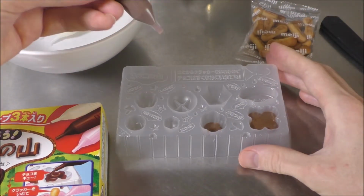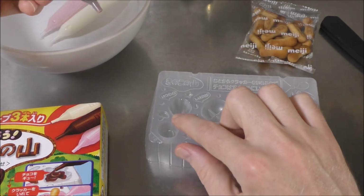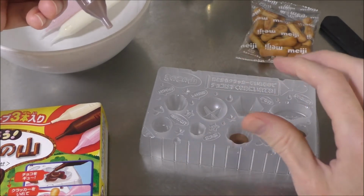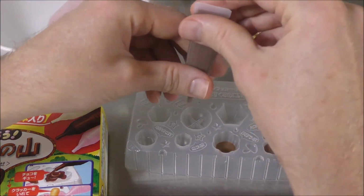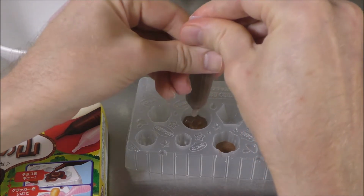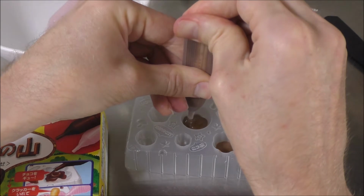Yeah, that's fine. What else do we need? This one is supposed to be all chocolate, and so is this one, but I don't think there's enough. So we'll go for the big one, because hopefully there'll be enough chocolate for that. We may have to do some white chocolate changes, but